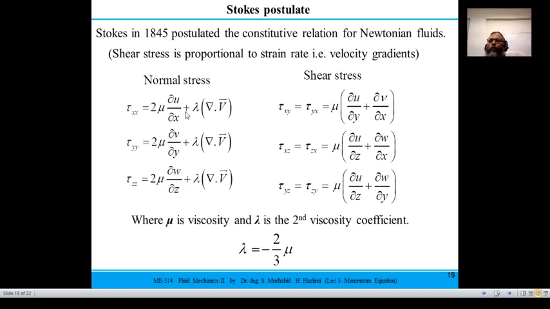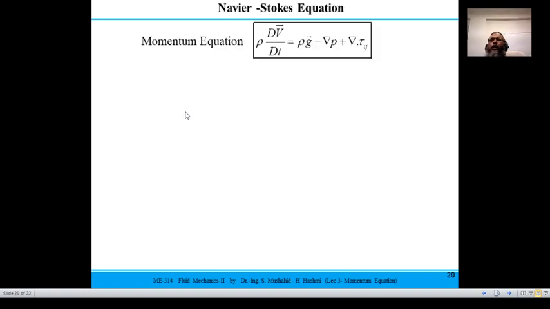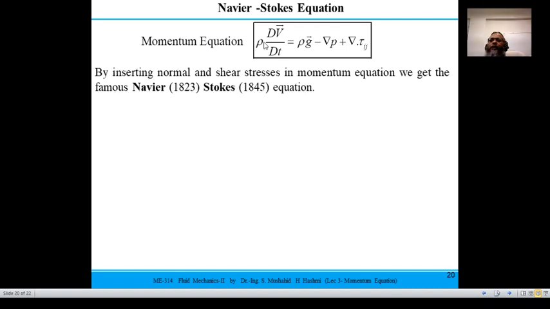It depends upon the particular type of material it is made up of, or constitutive of. So that is only valid for Newtonian fluids. The momentum equation is derived using the fundamental principle of conservation of momentum, whereas Stokes has provided us an opportunity